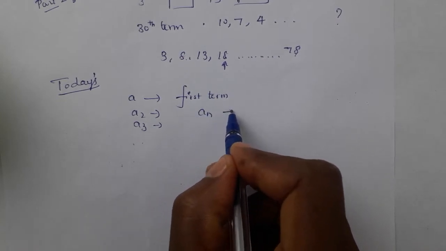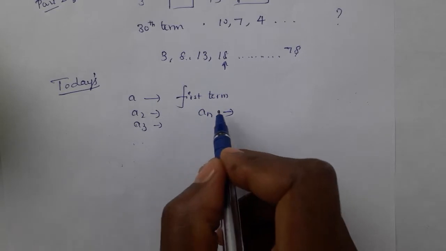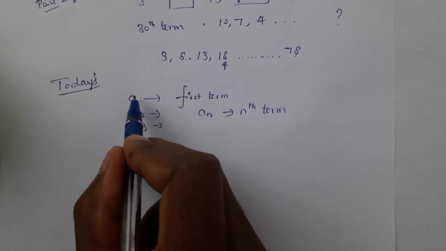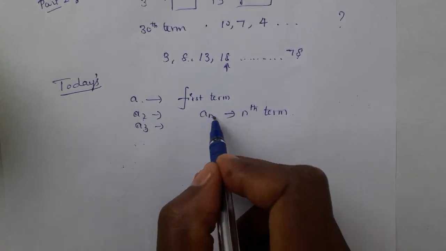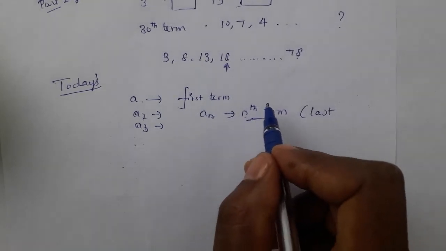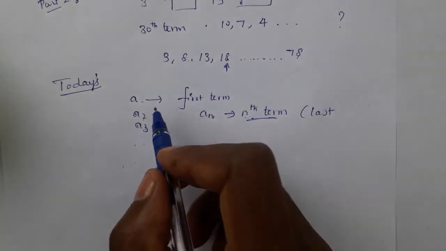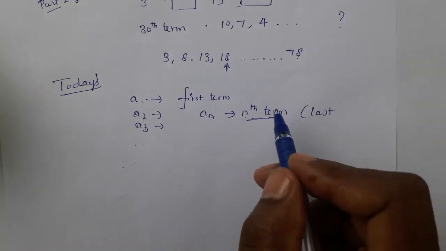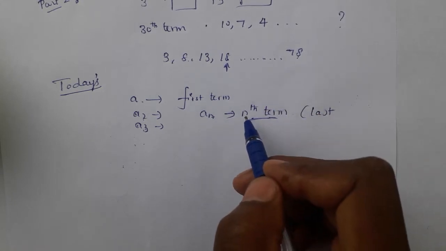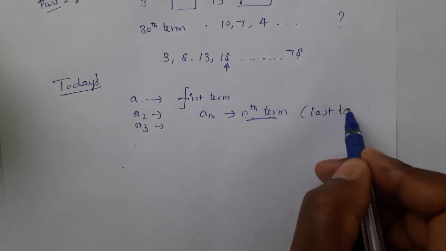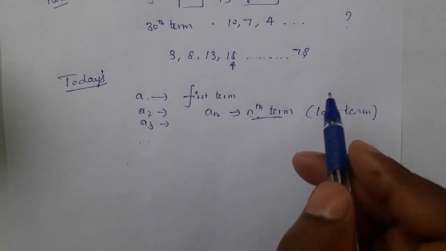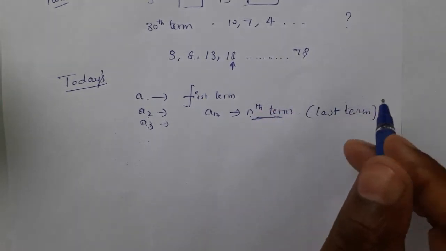If AN is given, it is not the second term or third term. If n is there, it is the nth term. Remember, nth term. First term, second term, third term, nth term. Nth term is also called the last term, because usually nth term means its position is unknown. For all the terms we are giving position, that means where they are sitting we know that. If for any term we write n, that means where it is sitting we don't know. For that we call it nth term. Nth term usually sits at last term also. Nth term is not in all the cases last term. If full stop is kept, always nth term is also called as last term.